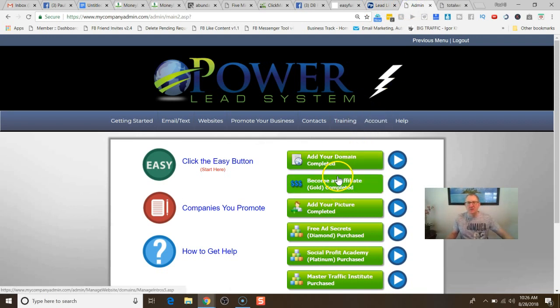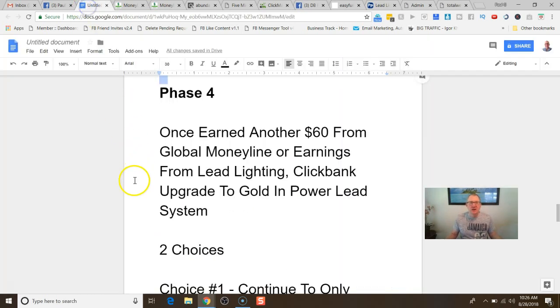And what this is going to do is it's going to position you to earn $20 residual income. Now we're talking residual income, money that comes in month after month after month. And you're going to earn 50% matching bonus when anybody joins this gold level. Okay, so now we're really starting to earn, right? We started at zero. It didn't happen overnight, but we've been working, we've been following the system, and we're starting to earn. So let me go back here.